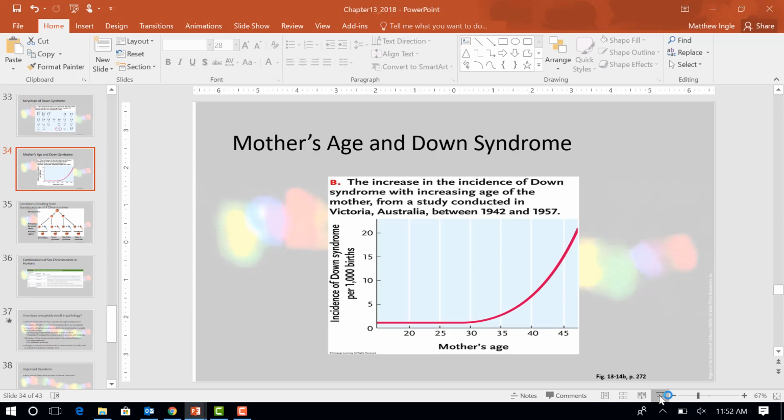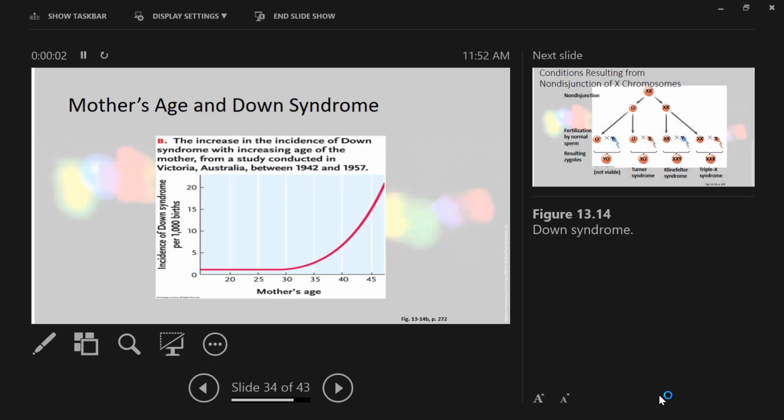Okay. All right. So we left off on Friday talking about non-disjunction, right? Just before that, we separated chromosomal mutations into two categories. And what are those categories? Frame shift mutations and changes in chromosomal number. Frame shift mutations are things like insertions, deletions, duplications, translocations, inversions, and changes in chromosomal number are almost entirely due